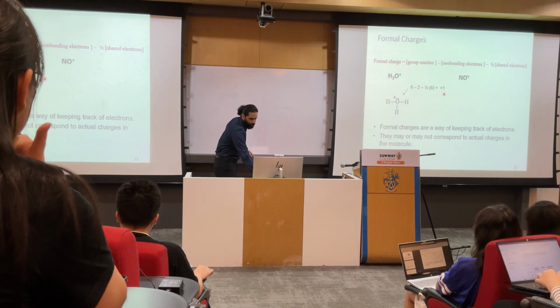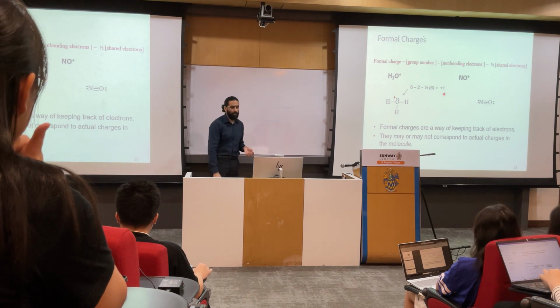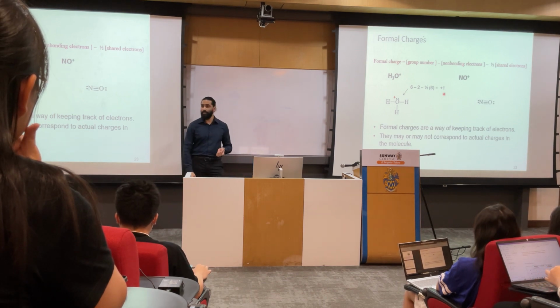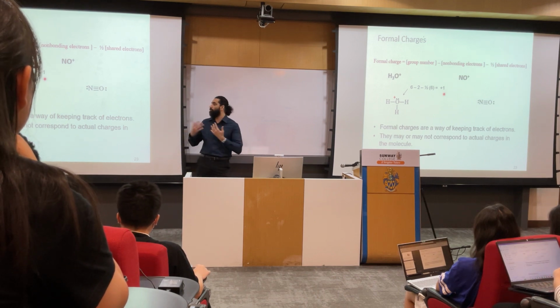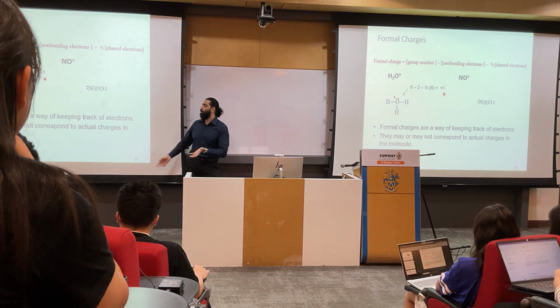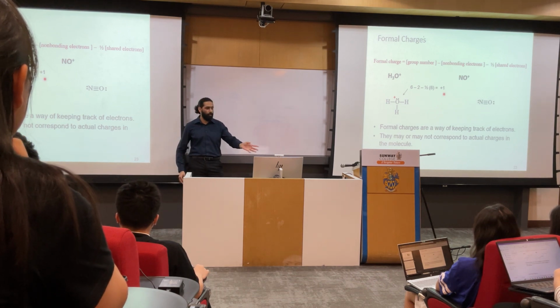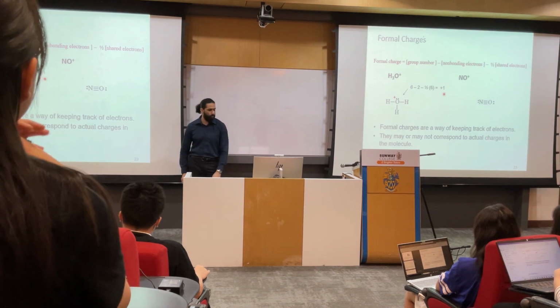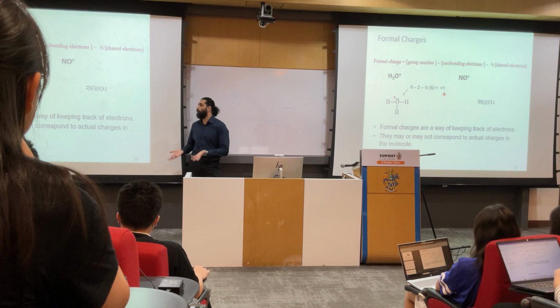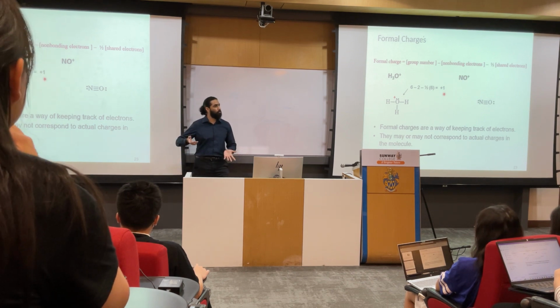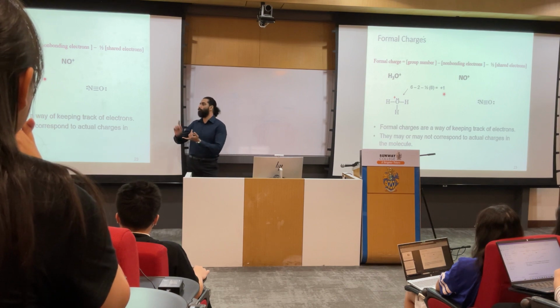Does it make sense? Any confusion? Just for your record, there is another example of NO+, that is nitroxonium ion. This is the Lewis structure of nitroxonium ion. We have drawn it ourselves because if you are asked in the exam to give the formal charge of nitrogen or oxygen in nitroxonium ion, then you will have to draw the structure yourself, right? And then in the exam you will be asked to calculate it for nitrogen or for oxygen. Yeah?